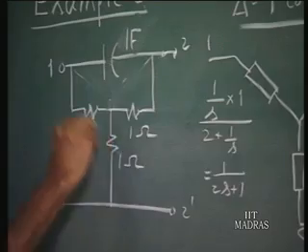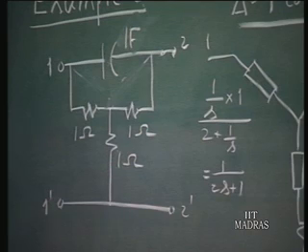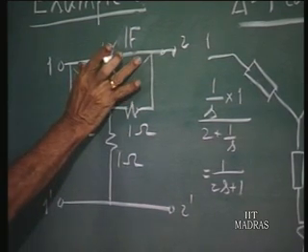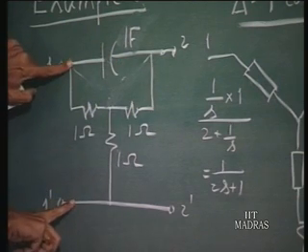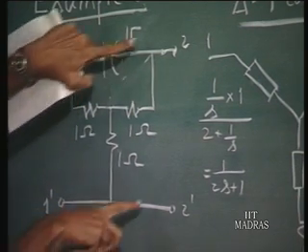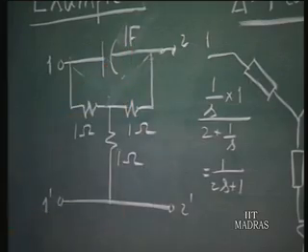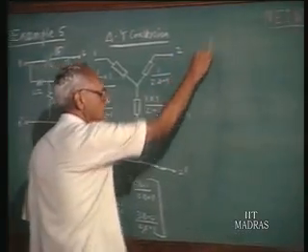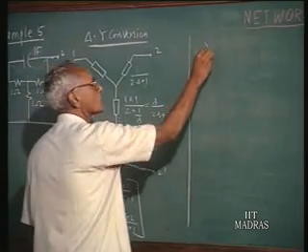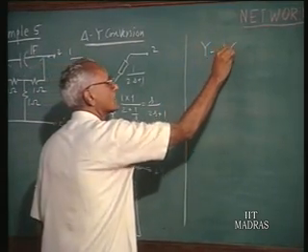We have 3 resistors connected in star. If we convert them into an equivalent delta, we have one branch coming in parallel with 1 farad capacitor, another branch coming in parallel with the first port, a third branch coming in parallel with the second port. The whole configuration will be in the form of a pi. So let us do that. So star to delta conversion, if you do that,